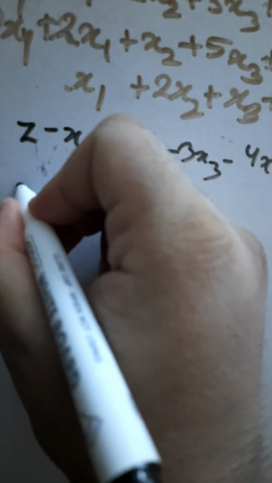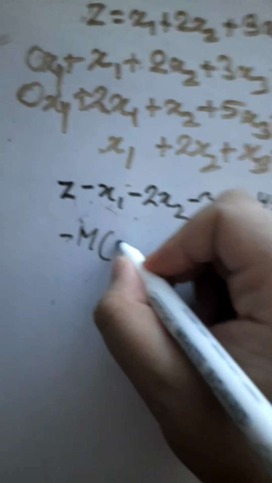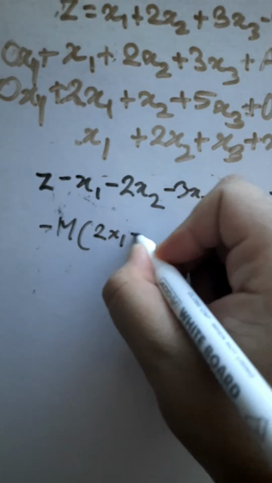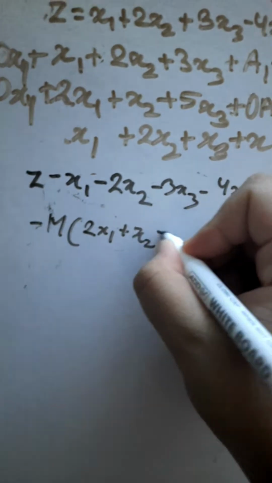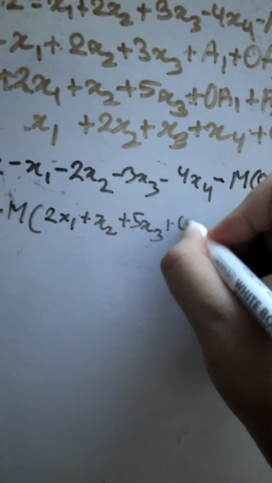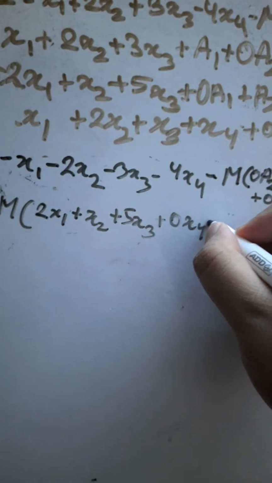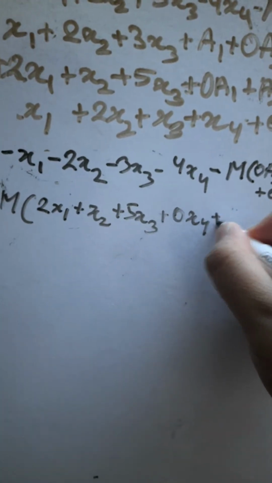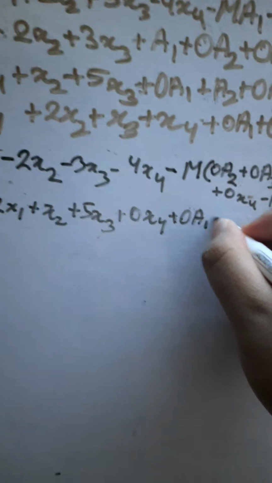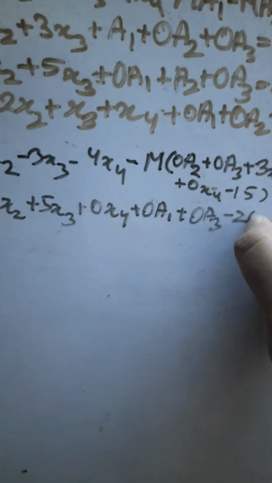Then minus m a2 would be 2x1 plus x2 plus 5x3 plus 0x4 plus 0a1 plus 0a3 minus 20. Okay,